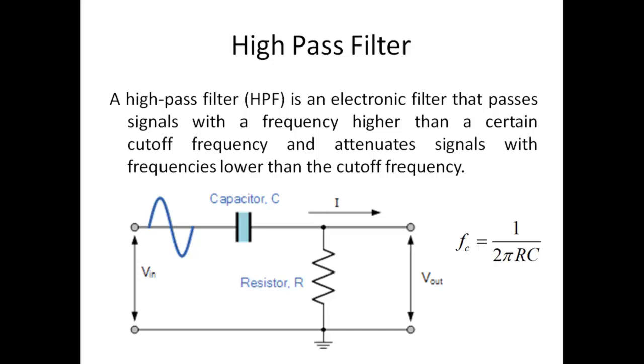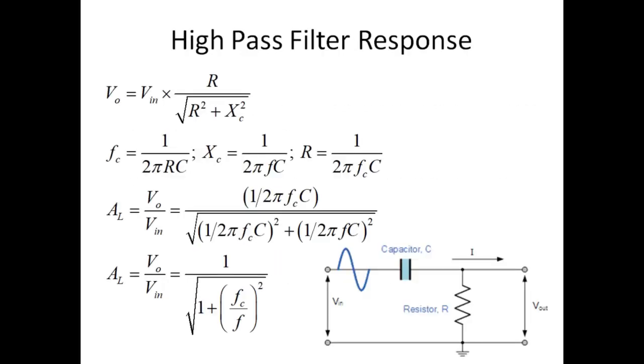So when you supply the input signal to the capacitor, all the low frequency input signals will be discarded at the initial point itself, and only the high frequency signal will pass through the capacitor and then reach the resistor point. And at the resistor point, you can measure the output voltage. So just the opposite is taking place. Okay. So the high pass filter response we can calculate just by reversing the roles. Earlier we were applying the voltage potential divider rule across the capacitor. Now we have to apply the same across the resistor. That is, we need to see how much voltage is developed across the resistor.